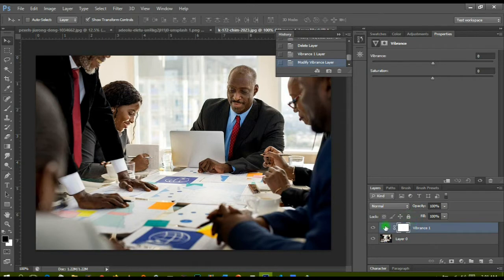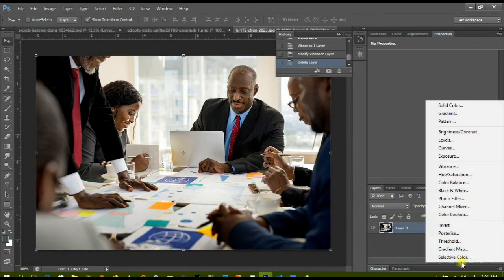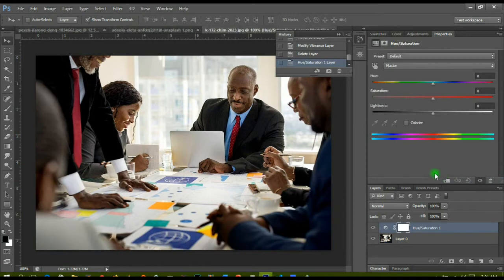Now let's move on to the next adjustment layer, which is the hue saturation layer. Now this layer makes it easy for us to adjust the hue, saturation, or lightness of our project. In order to change the hue of a project, all you have to do is move the hue knob either to the right or to the left, and you can throw in different colors into your project. You can see the more I move my hue knob to the right or the left, my project seems to change color